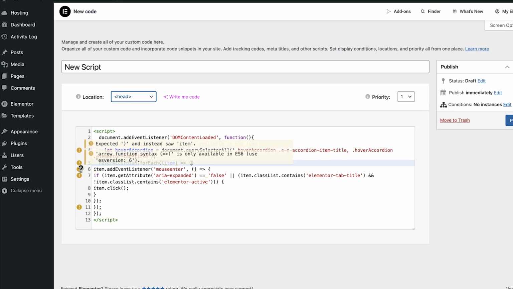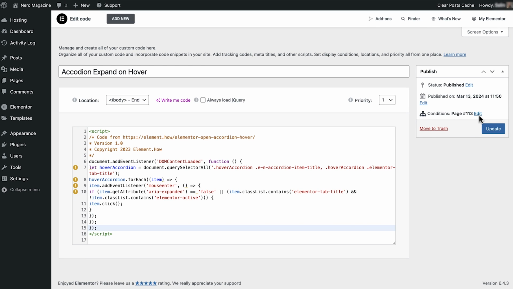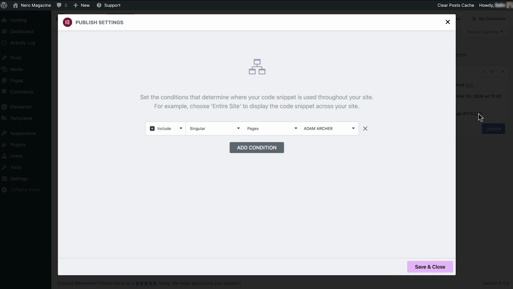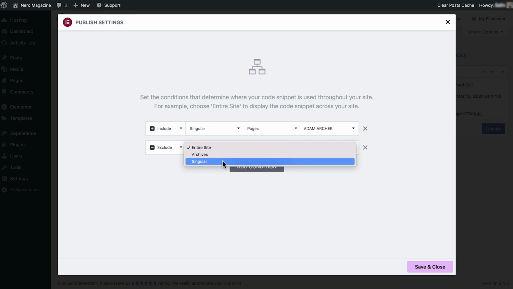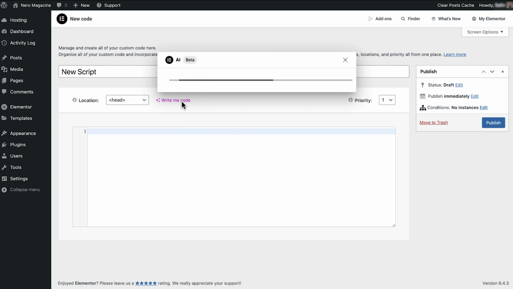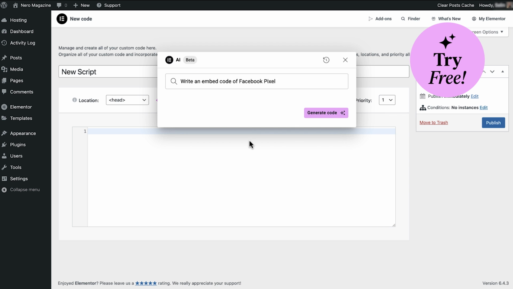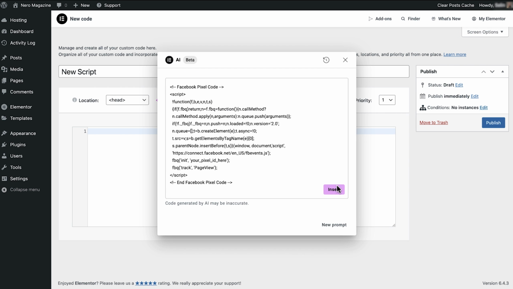And once you're finished writing your code, choose where to inject it. Set display conditions to choose which pages and archives you want your codes to run on. For example, you can decide where you want to run your visually engaging scripts according to their position on your site, and try the AI code editor for free to instantly write code that brings your vision to life with a prompt. So if you want to track data, customize designs, and tailor widgets functionality to your specific needs, start